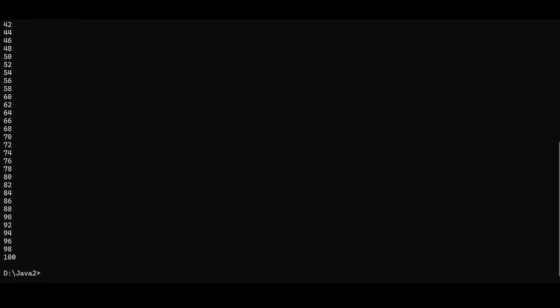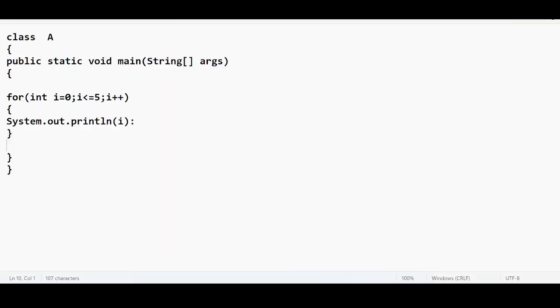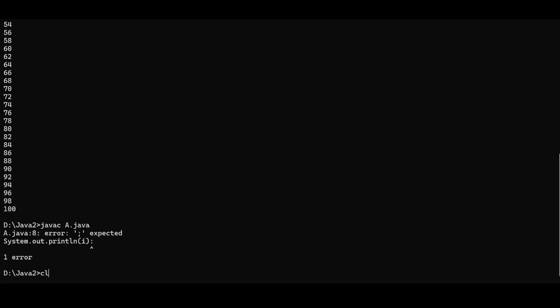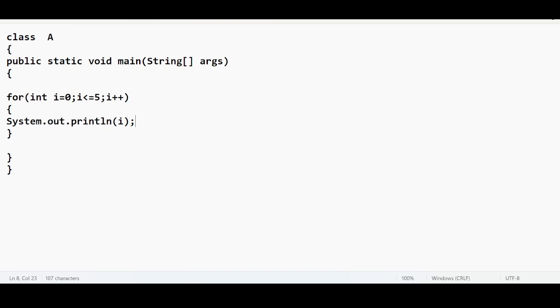So this is very clear: javac space A dot java. One minute, guys, the semicolon is missing. Javac space A dot java, then java space A. Okay, the numbers will be printed from 0 to 5. Right? Now,